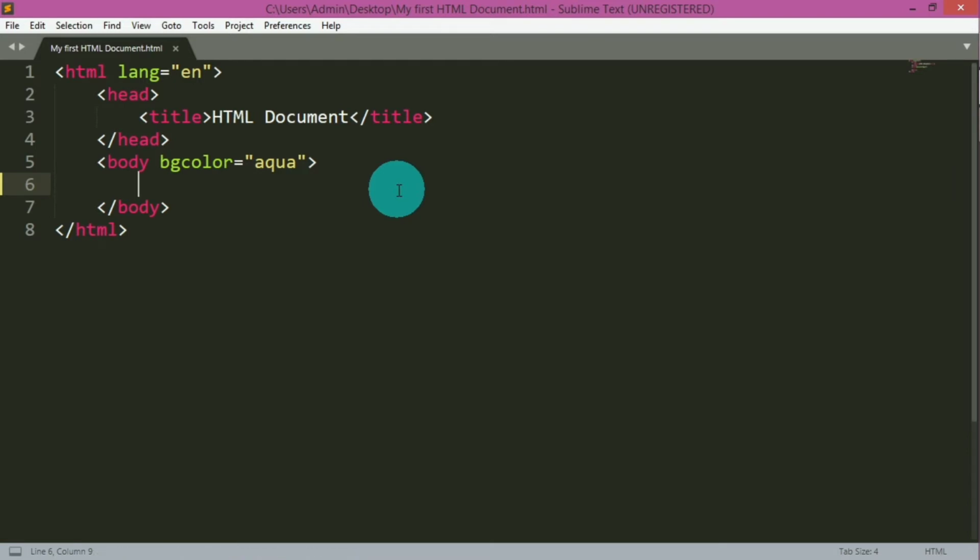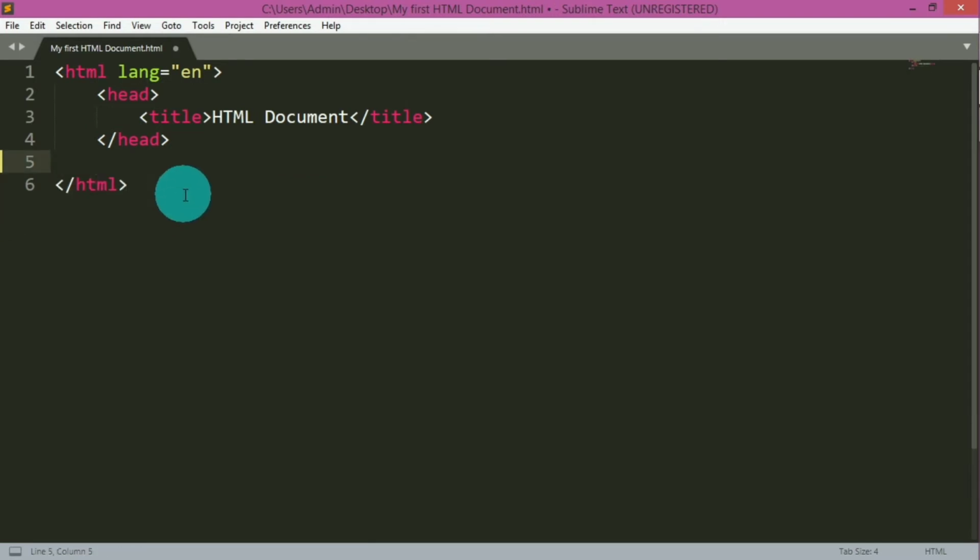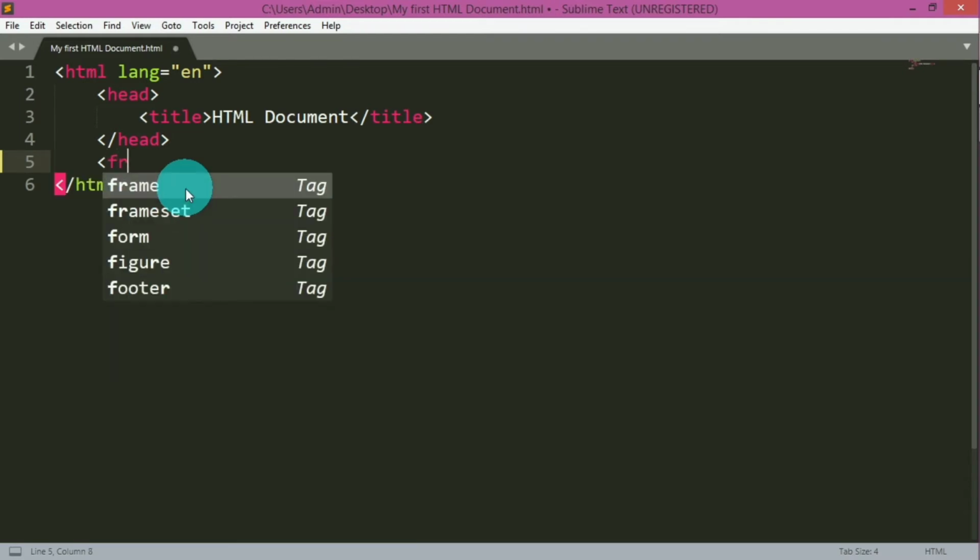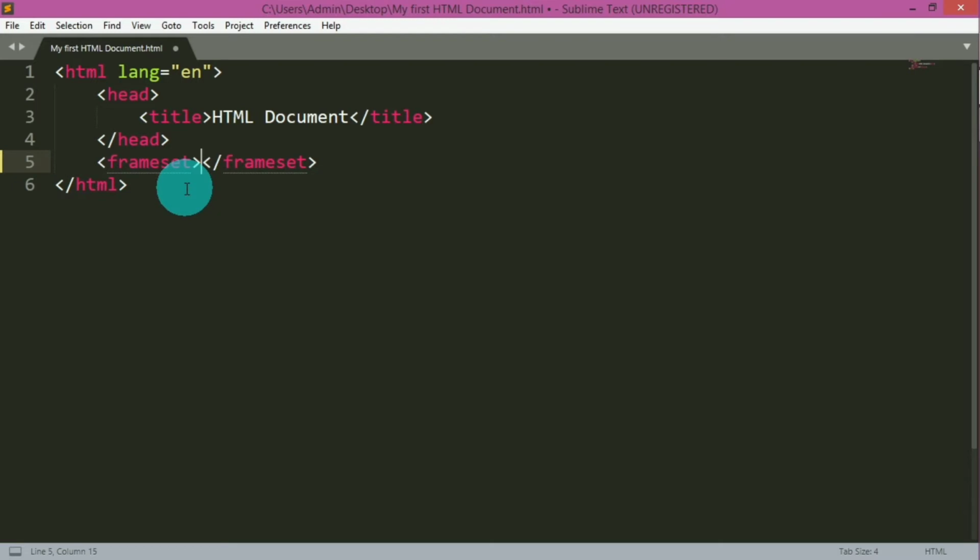For that, we use the Frameset tag, but we have to remove the body tag before that. So let me remove the body tag because we are dividing the page, so there won't be any body kind of thing. So we should divide the web page into two or more web pages. So we use the Frameset tag. So let me add the Frameset tag,